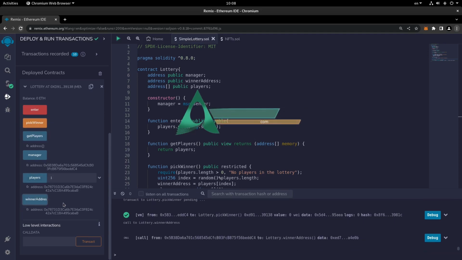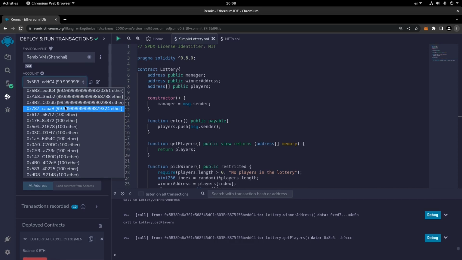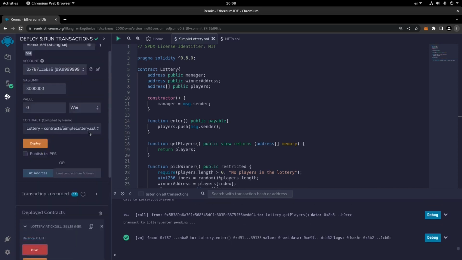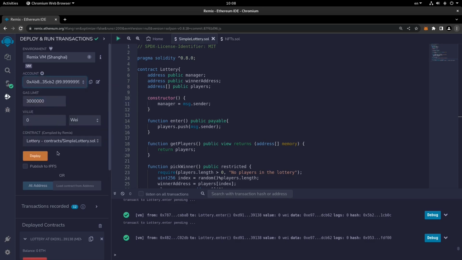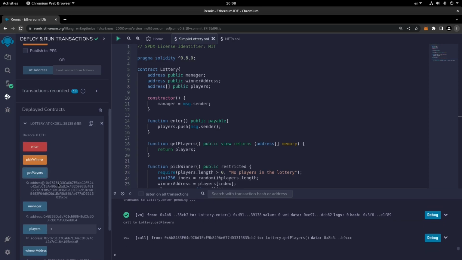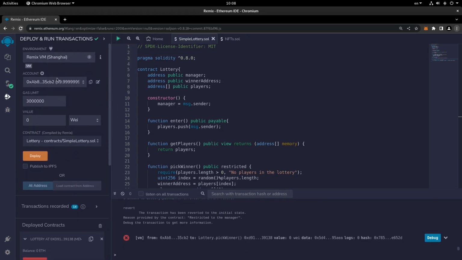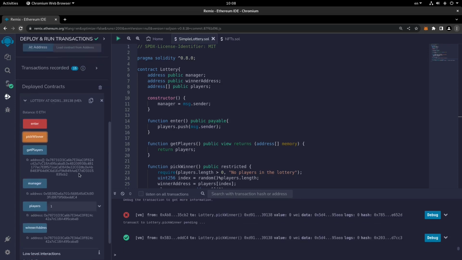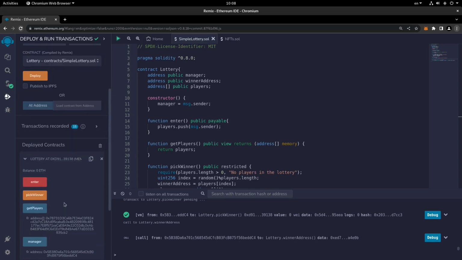Again, there seems to be, okay, let me try again. So this time let's enter with the third address, enter with the second address. So there we go. And now let's get the players. And now let's pick the winner, and it's not successful because we're not the first address. Pick the winner and find out about, I don't know, for some reason this address gets to win every time, but